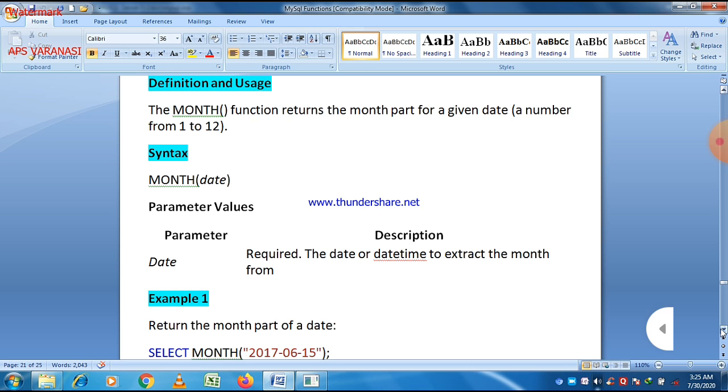Another example of this is, month may be given in date format or date and time format, so both of them are valid, and it basically gives us a month, which is nothing but a number from 1 to 12. So only a single parameter value is given to it, and it is a date, whether in date format or date and time format.